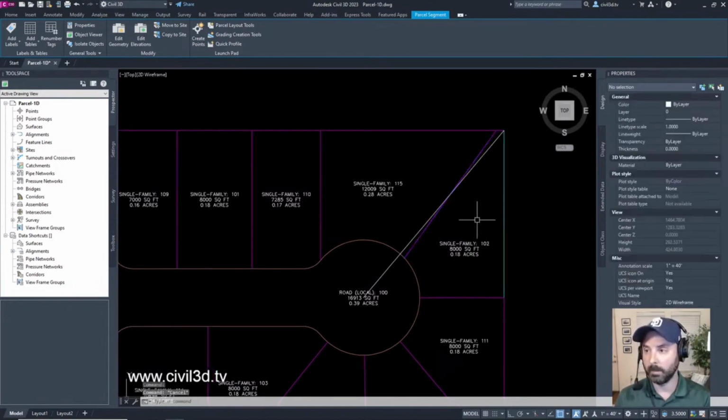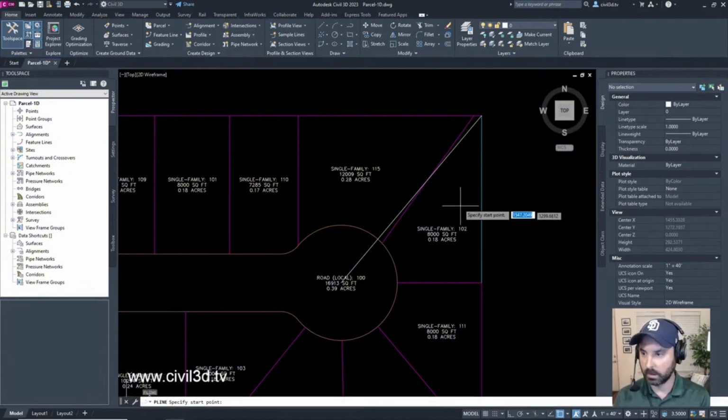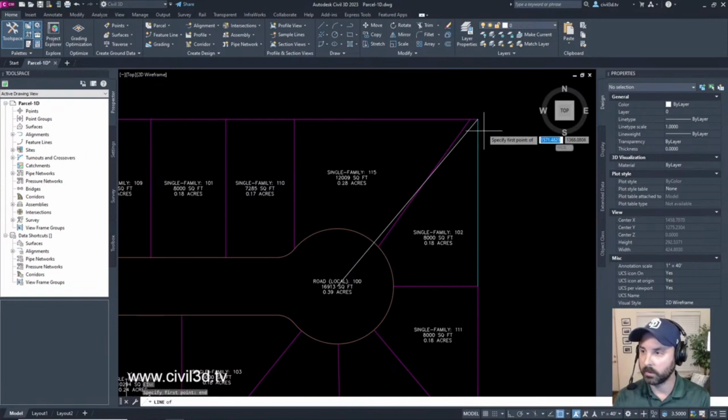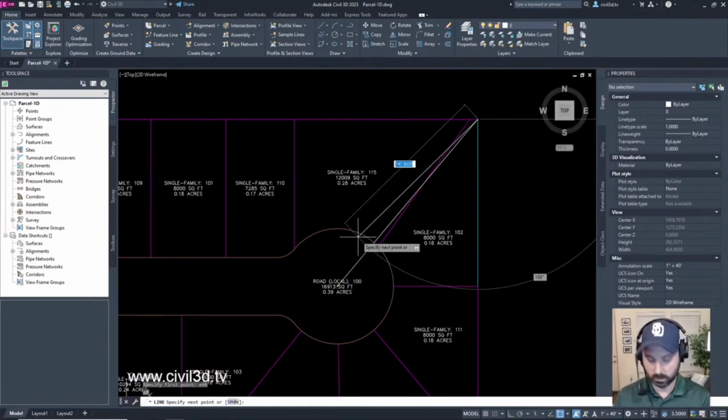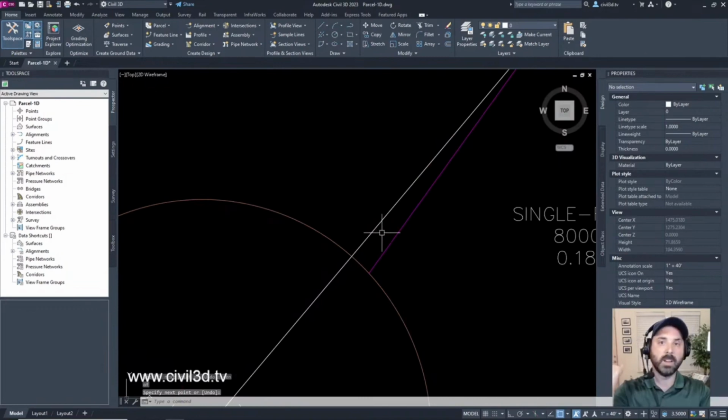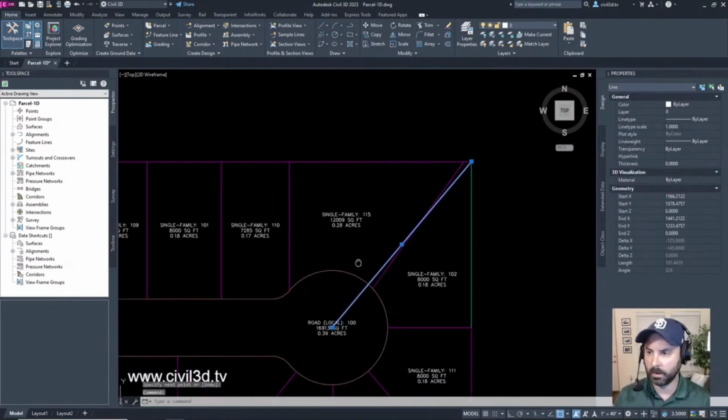By manually, I mean, okay, I'm going to draw a radial from this corner to the center of this cul-de-sac, and that's my lot line. Boom, I'm done. However, I can miss out on some of the automatic labeling and things like that.